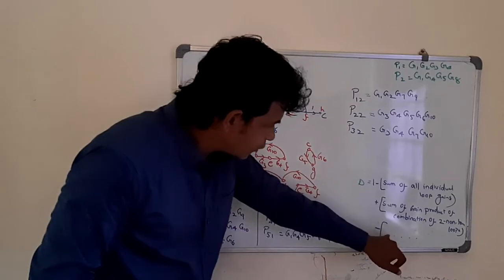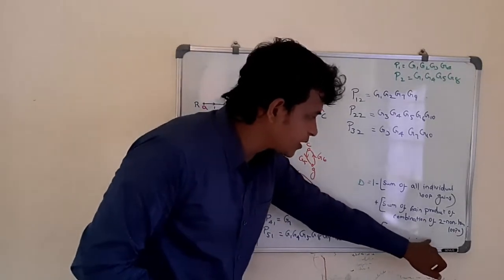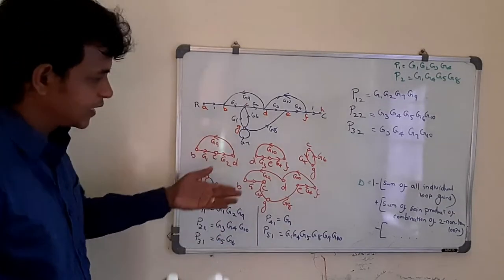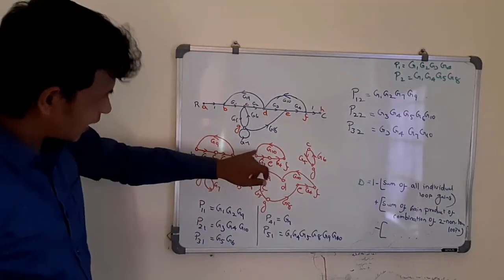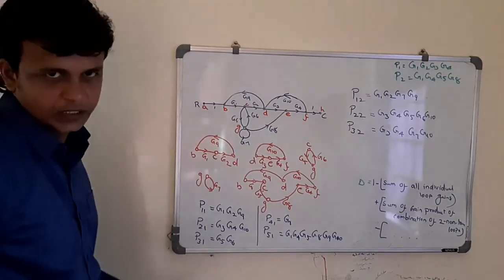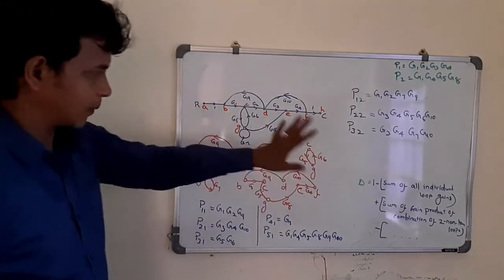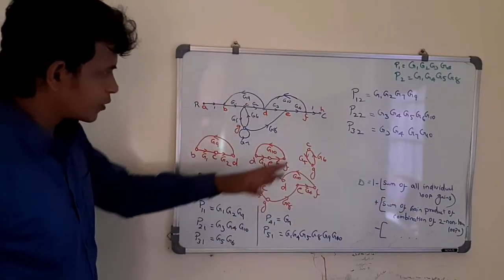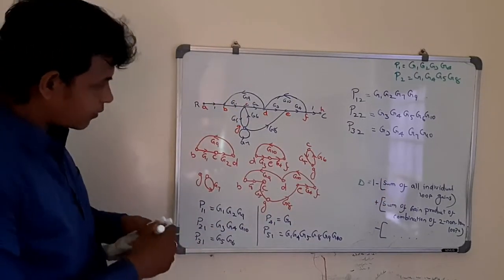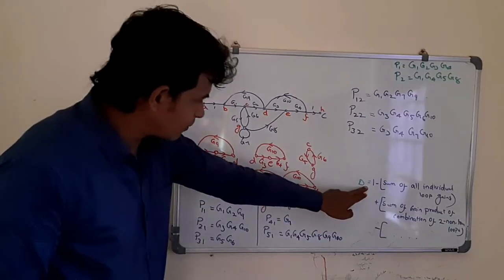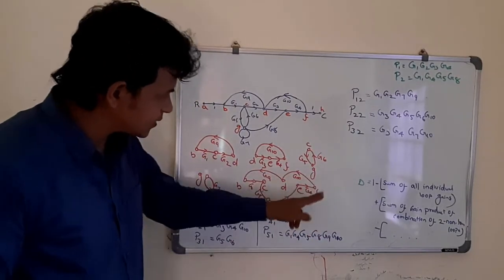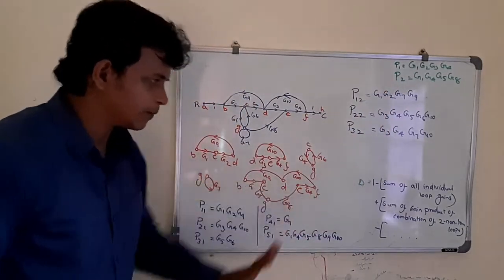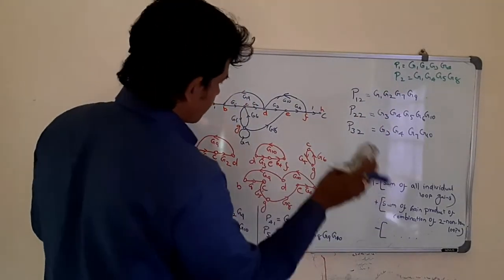Next, we have to identify the sum of gain products of combinations of three non-touching loops. Do we have any three loops which are not touching each other? We do not have that combination. So with this we are going to start finding the value of del. Using this we can find del. Finally, del is 1 minus the sum of all these gains plus the sum of all these gains. So that becomes del. Let it be as it is.